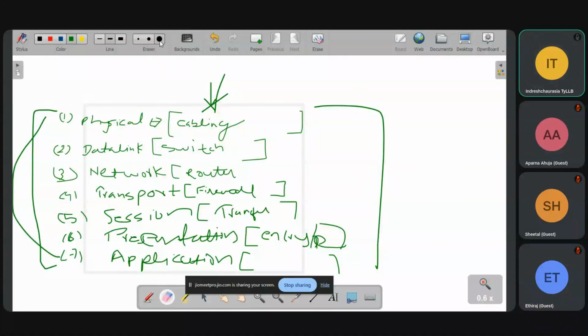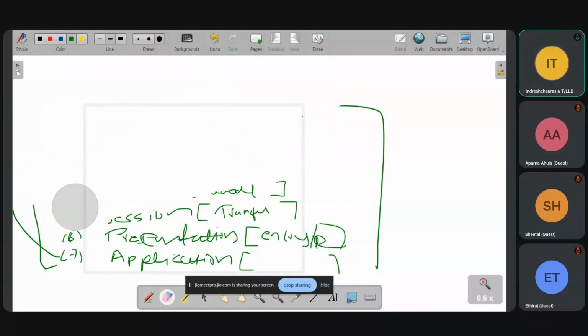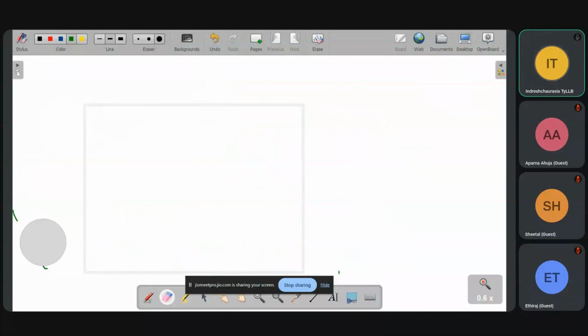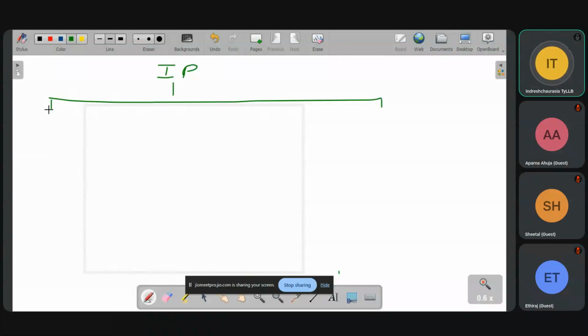Now we are going to see the IP address, right? There are two types of IP address. One is IPv4, version 4, and the other is IPv6.